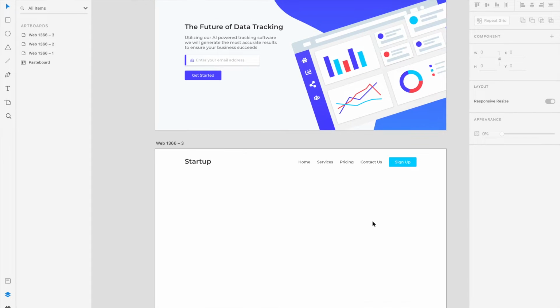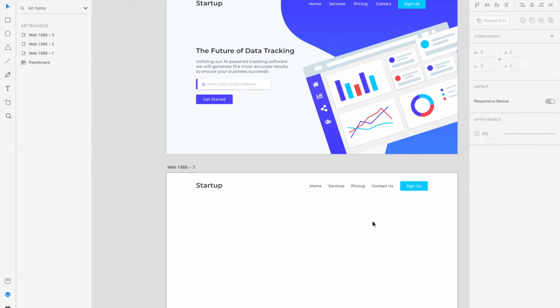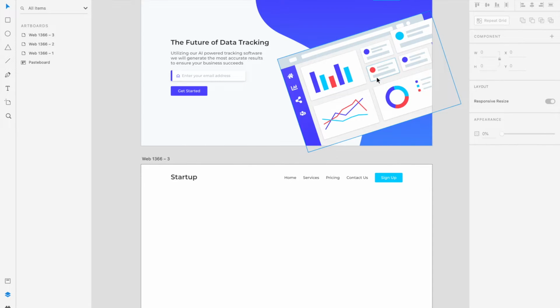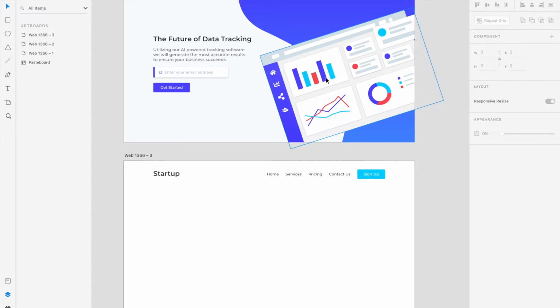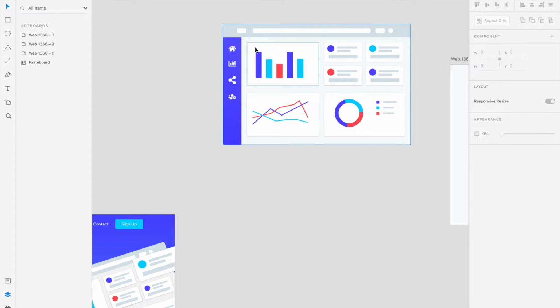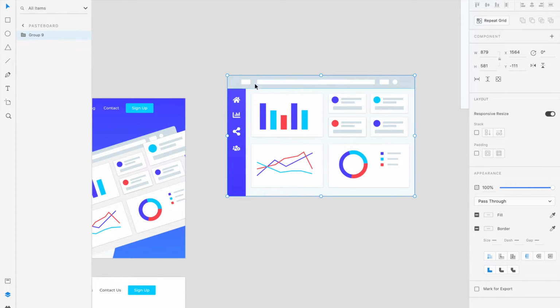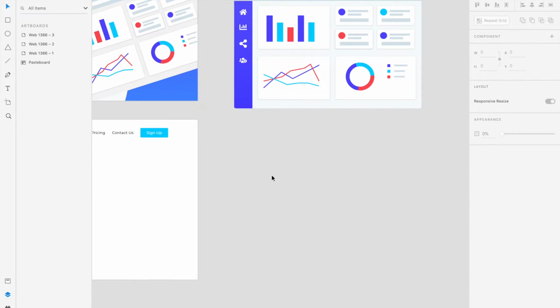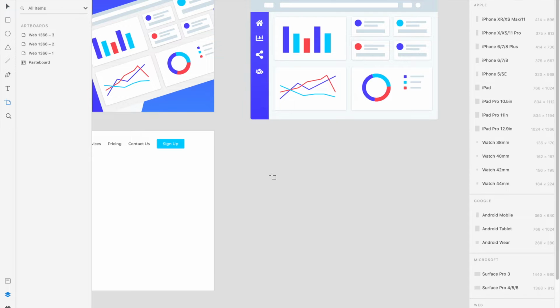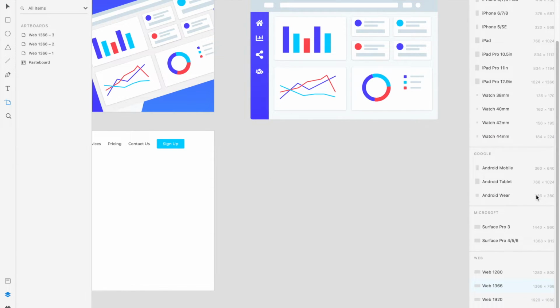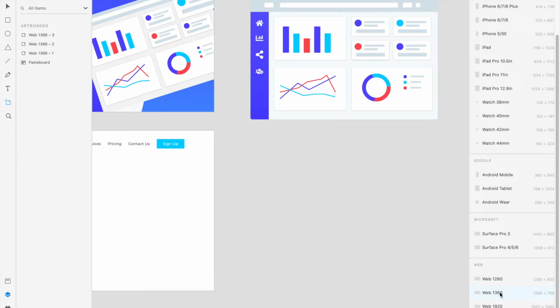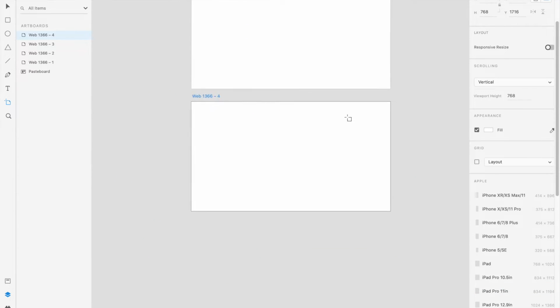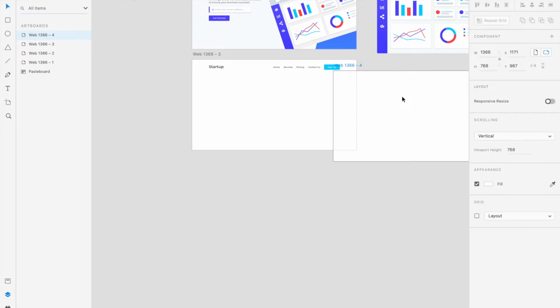So now the next section is going to be the dashboard, because this one is much harder to make since it's from scratch. This is just straight up text in the button, so it's not too hard. So I'll save that for last, but here I have, actually it's up here too. So what I can do is, let me drag this down so I can have a frame of reference. And now basically what I'm gonna do is press the A key, so it brings up all of our choices. I'm just gonna bring up the Web 1366 frame again, and let me zoom out, press V so I can drag it over,